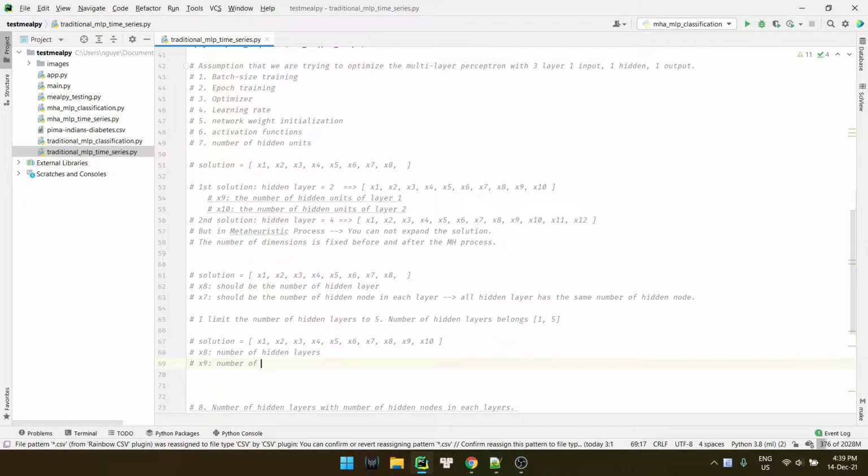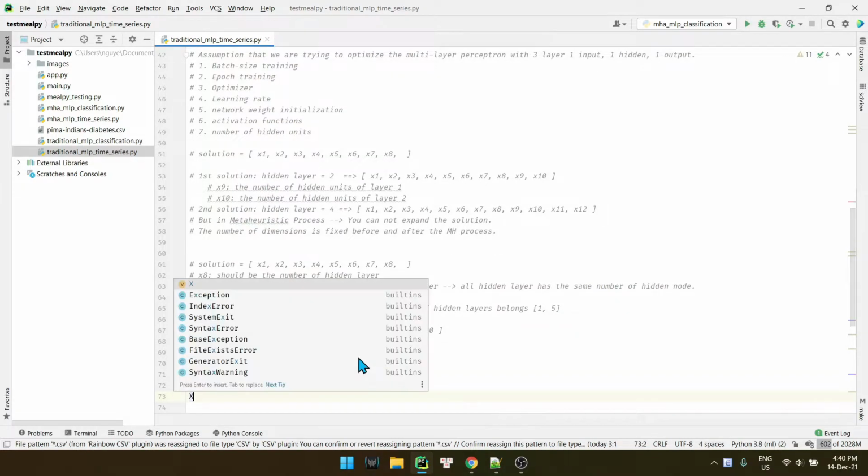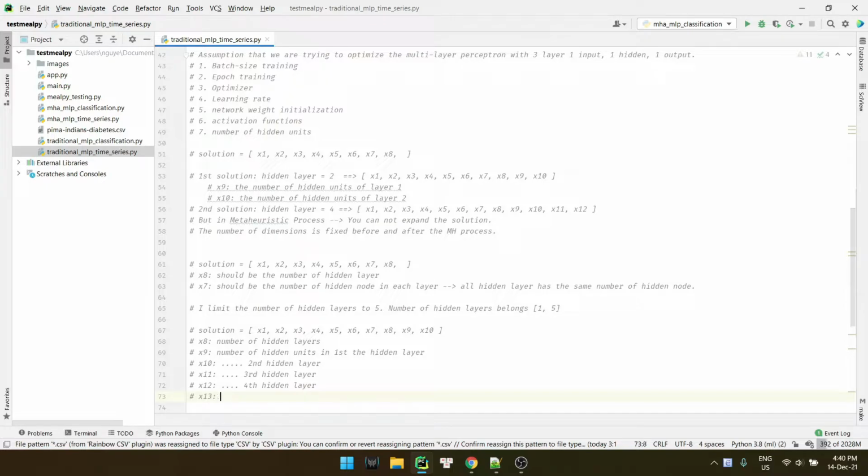The number of hidden units in the first hidden layer, and then again in the second hidden layer, and x11 should be the third hidden layer, x12 the fourth hidden layer, and x13 should be the fifth hidden layer, right?